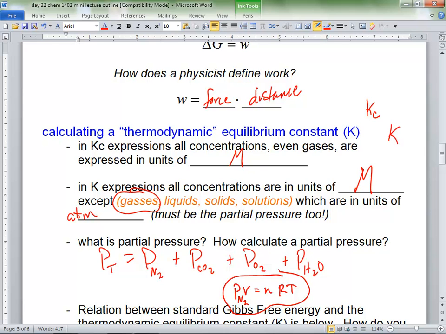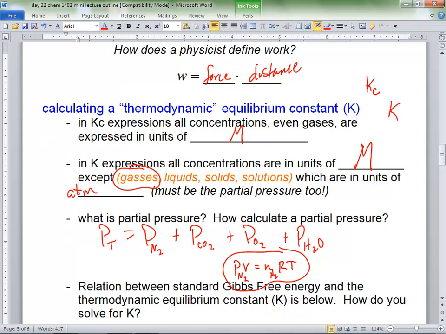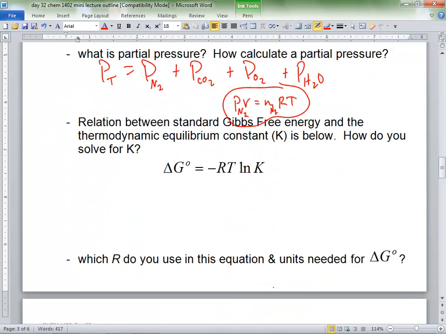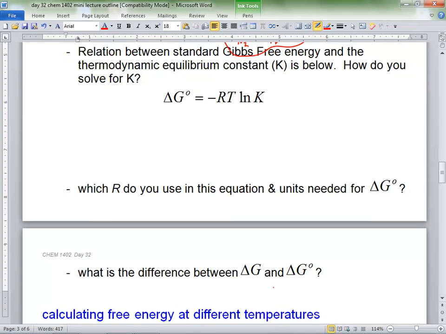It was N, the number of moles, exactly. The number of moles of nitrogen you put into the equation, the volume of the room, gas constant R. So that might be more than you need, but in case you need it for the homework, you can calculate some partial pressures.